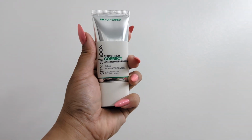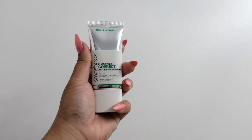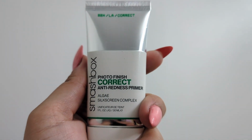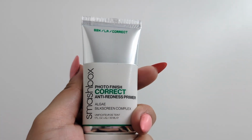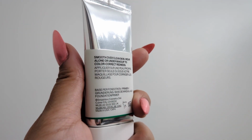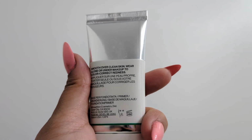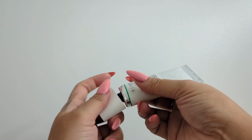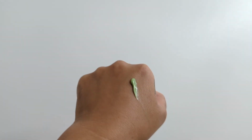Today we are reviewing SmashBox Photo Finish Correct Anti-Redness Primer. This primer specifically is designed to neutralize and counteract the redness in the skin, creating a more even complexion. It also creates a breathable and silky barrier on the skin, helping to protect it against damage from the environmental